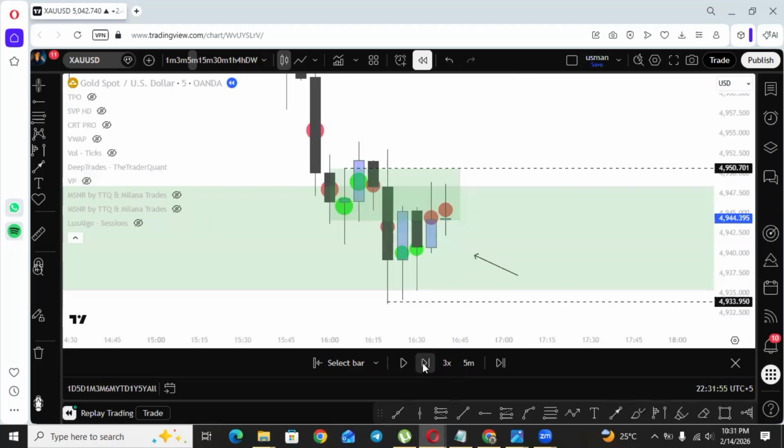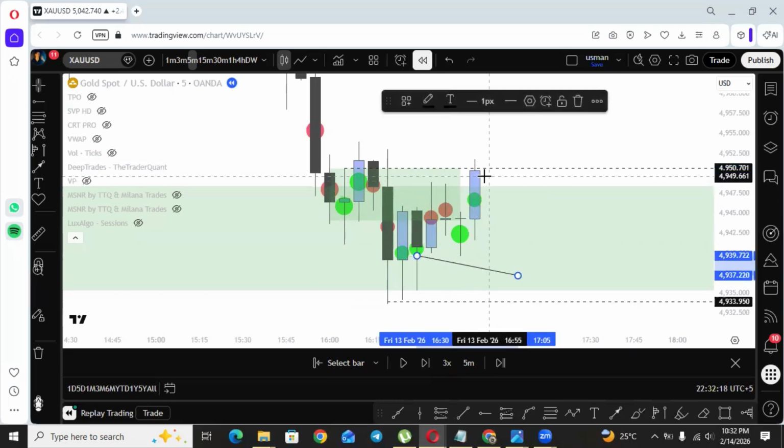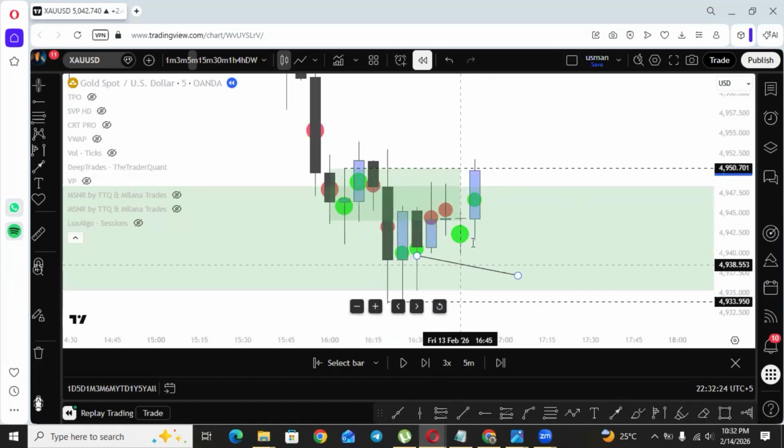So let's play the chart. Okay, again, sellers are trying to push the market down. Buyers, what are buyers doing? Buyers are showing their aggression at this level. Play it again. Okay, now we got an aggression of buyers. We got follow through from the buyers, which respected all these aggressions from sellers, and it has closed its body above all this aggression. Now we are good to go for buy.